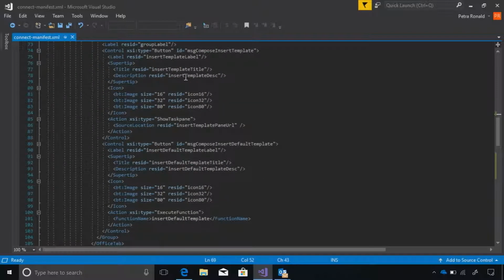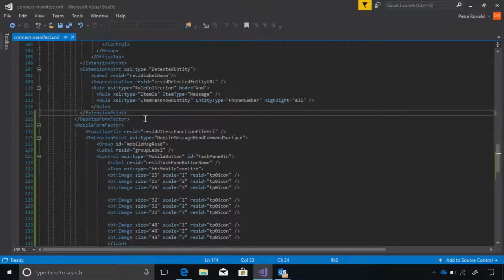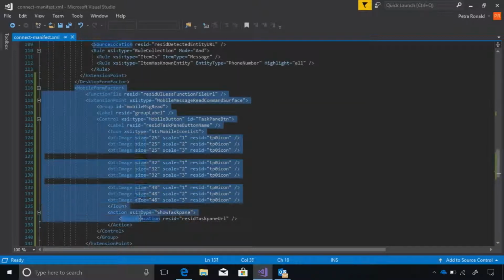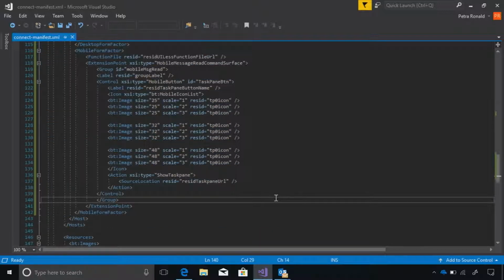Another type of extension point that I want to talk about is the detected entities extension point. This extension point defines contextual add-ins. So you also must include the entity type that you want detected, such as a phone number or a meeting suggestion. You can also use regex to define other entity types as well. If you want your add-in to be available for mobile devices, you must include a mobile form factor element here. It is very similar to desktop form factor with a few slight differences that you can look up in our